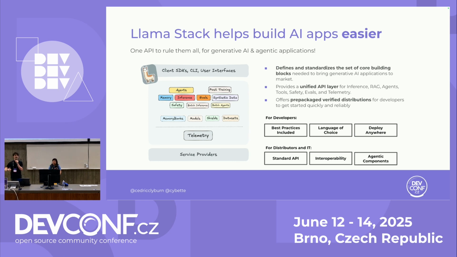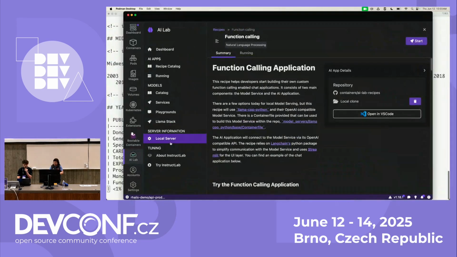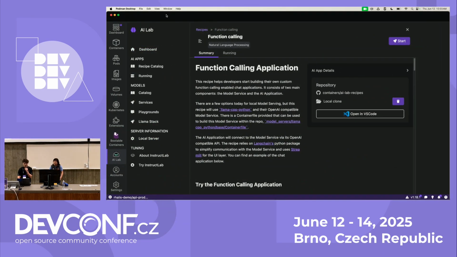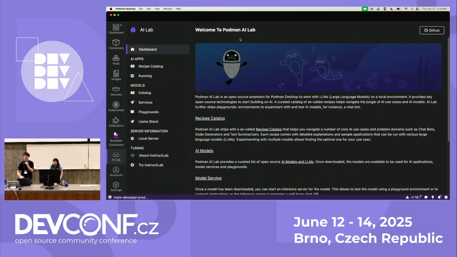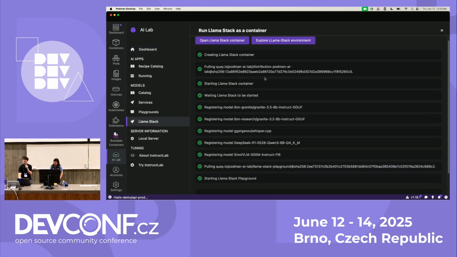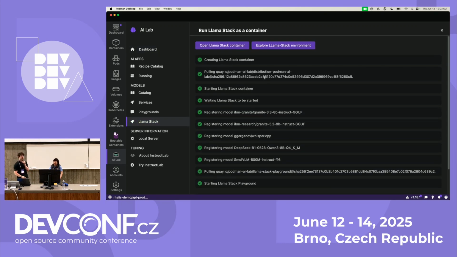But then let's say I also need monitoring, and I also need guardrails so that people aren't asking the model crazy questions. Well, what I'm going to do here is put this all together by showing you Podman Desktop. Podman Desktop has an extension called the Podman AI Lab. What this allows us to do is to spin up a Llama Stack instance. So not only do we have, for example, Llama running in our containers, we also have a Llama Stack to be able to test against all of these APIs.